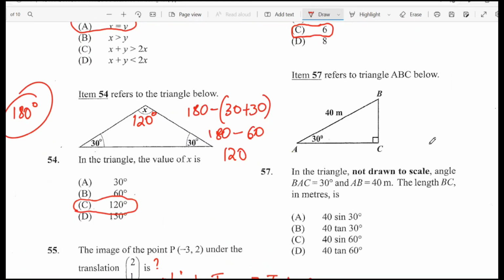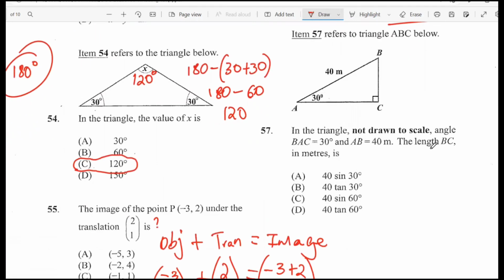57. Item 57 refers to the triangle ABC below. In the triangle, not drawn to scale, angle BAC is 30, which is this angle that you're looking at. Side AB is 40, this. The length BC in meters is